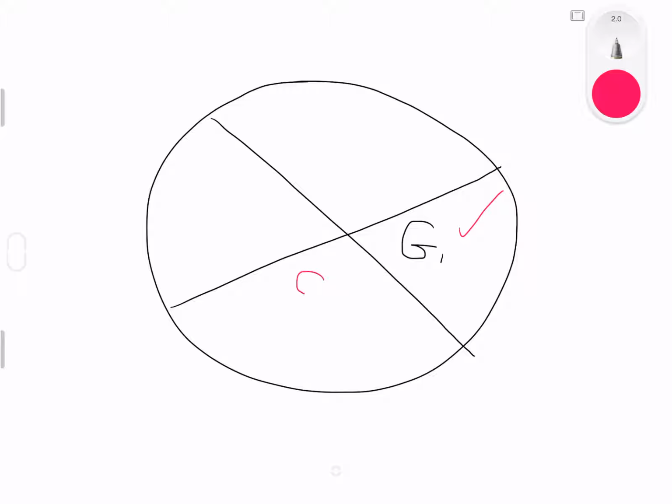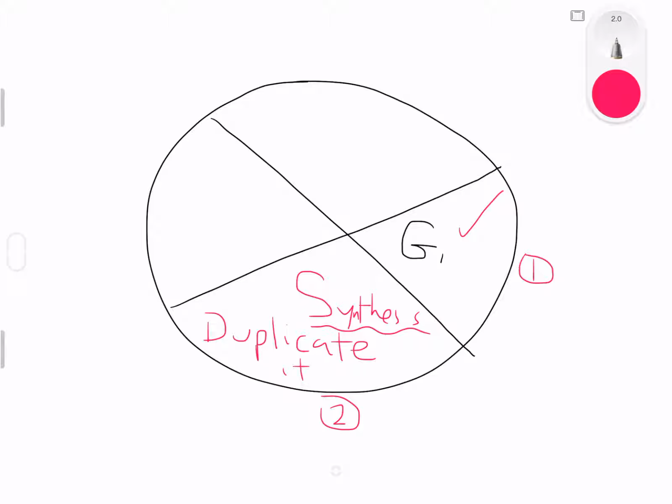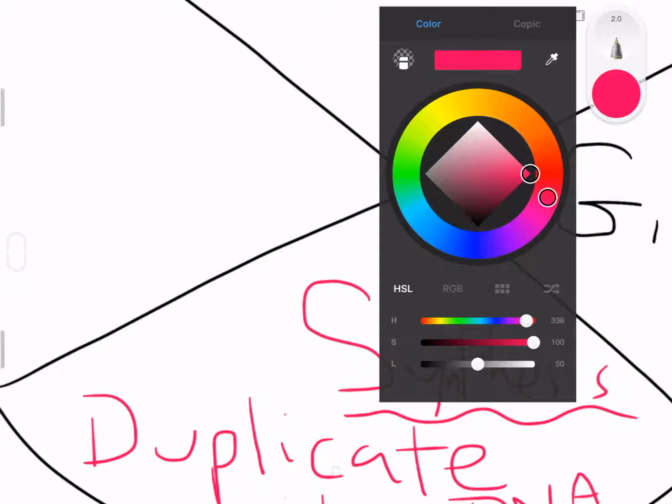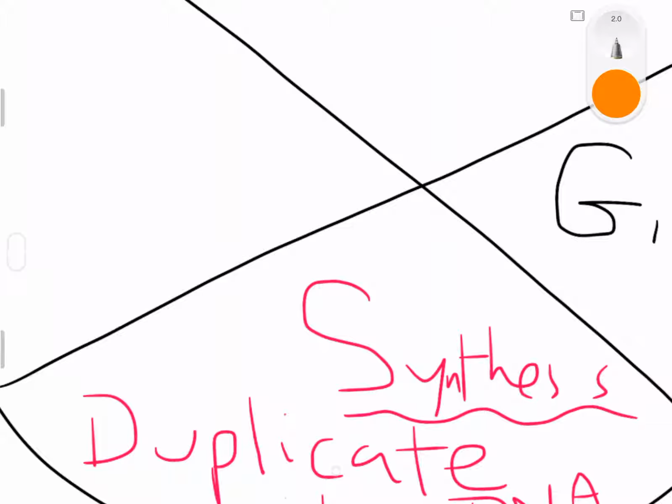Now S for synthesis. Super misspelled that. S for synthesis. This is actually when the cell begins, so I'm going to call this 1. Here is where the cell begins to duplicate its DNA. Okay? So the cell, and we have to absolutely understand this, here,